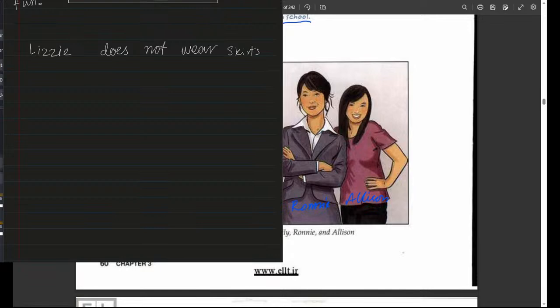So this is a negative sentence. Now we say Emily